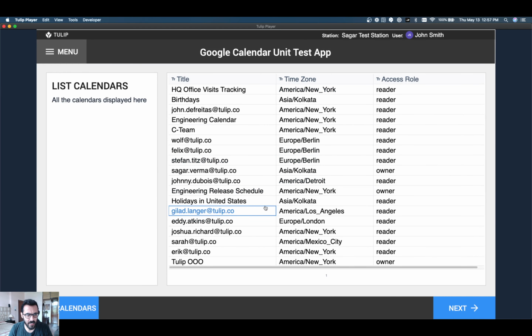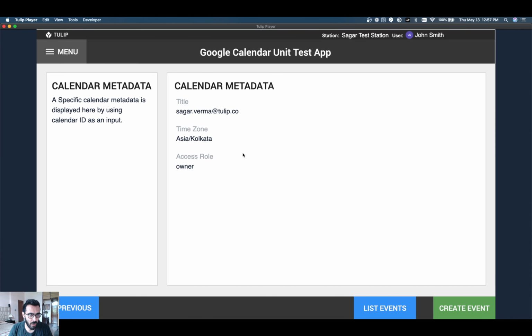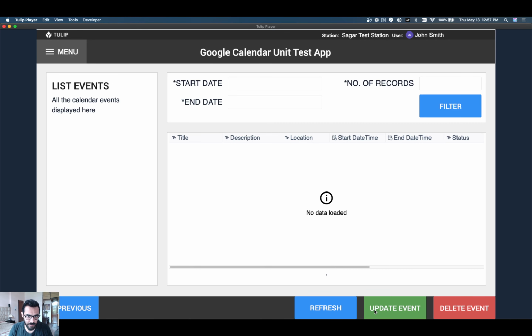So very first thing, you can list all the calendars that you have assigned on your Google Calendar. And let's say I'm the owner of this calendar. I select my personal calendar. There's a function that pulls in the calendar metadata. Currently my time zone is Asia here. The access role owner, title, and then we can get all the list of events that have been available on